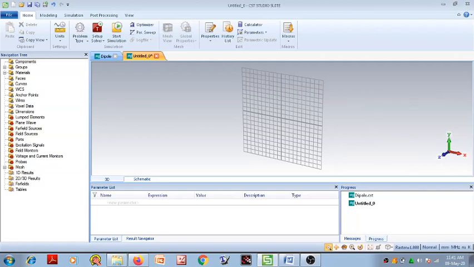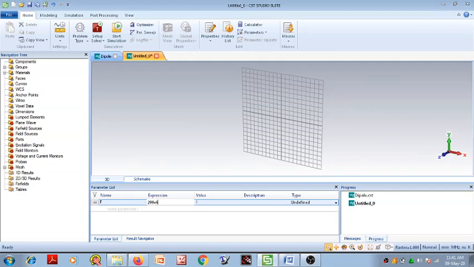For that we have to create some variables. For example, first we have to define the frequency. Say we have to design the antenna for 200 megahertz. So type here f, then in expression 200E6.